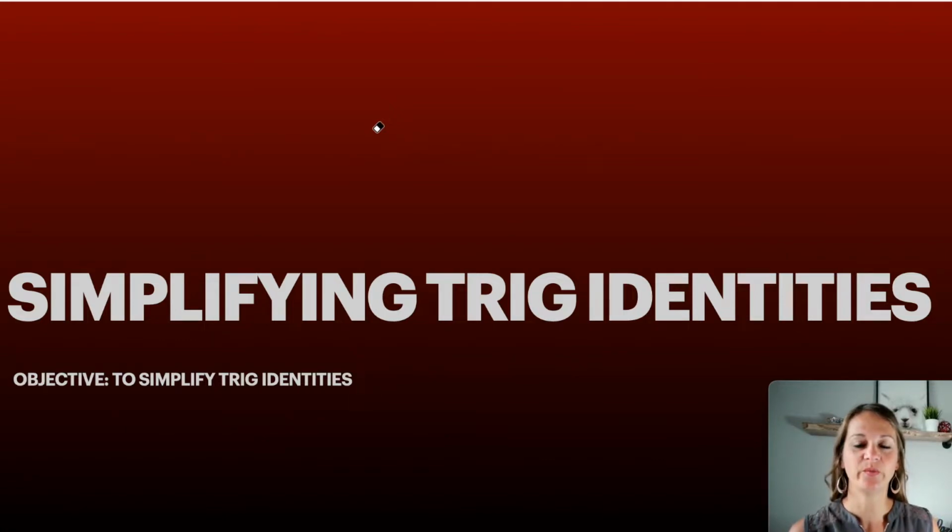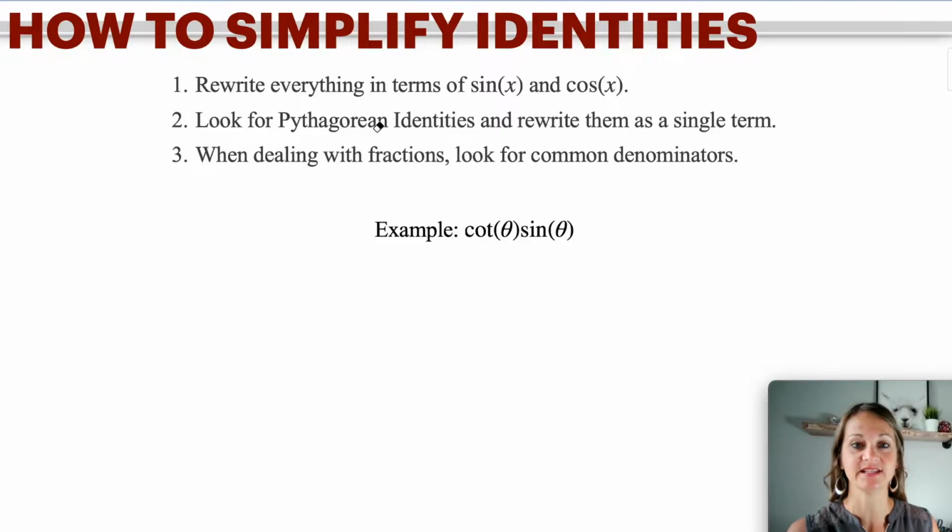In this video, we are going to take trig identities and learn how to simplify their expressions. One way to simplify identities is this. It is not going to work all the time, but I would say probably 95% of the time, if you rewrite everything in terms of sine and cosine, that will help you simplify the